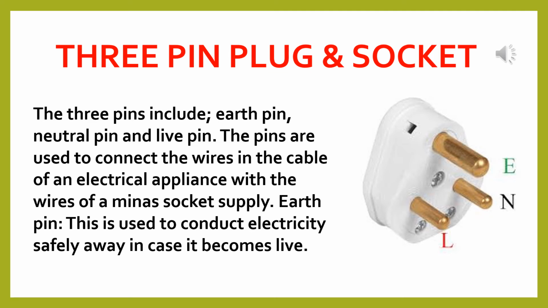In the previous slide, I have shown that in a 3-pin plug, there are 3 metal pins in an ebonite or plastic case. The top longest pin is for earthing, the line pin is on the left and the neutral pin is on the right side. The earthing pin is thicker and longer than the other 2 pins, and so the earth connection is made first, and as it is thicker, it cannot be inserted in other holes by mistake.